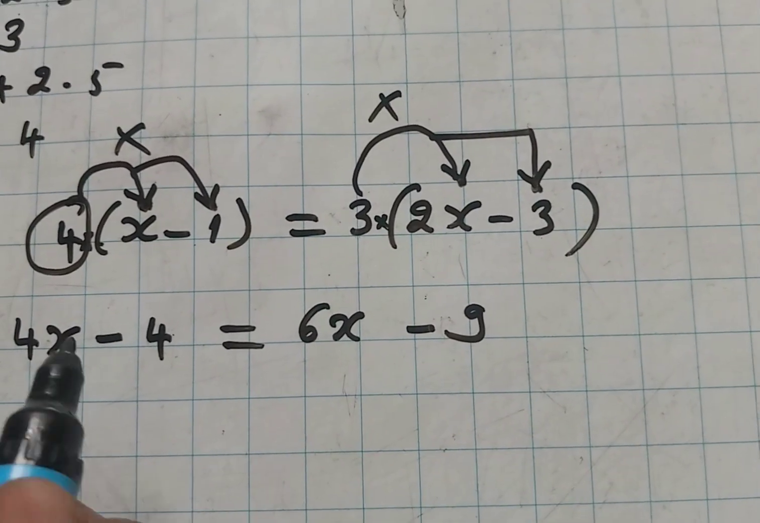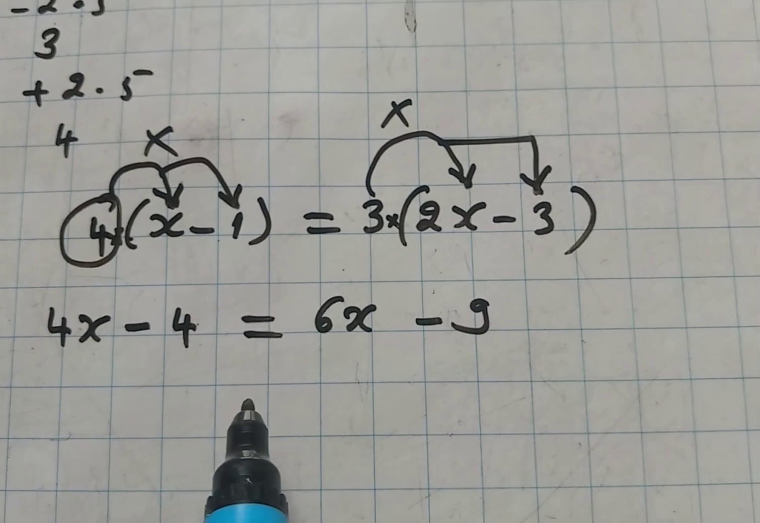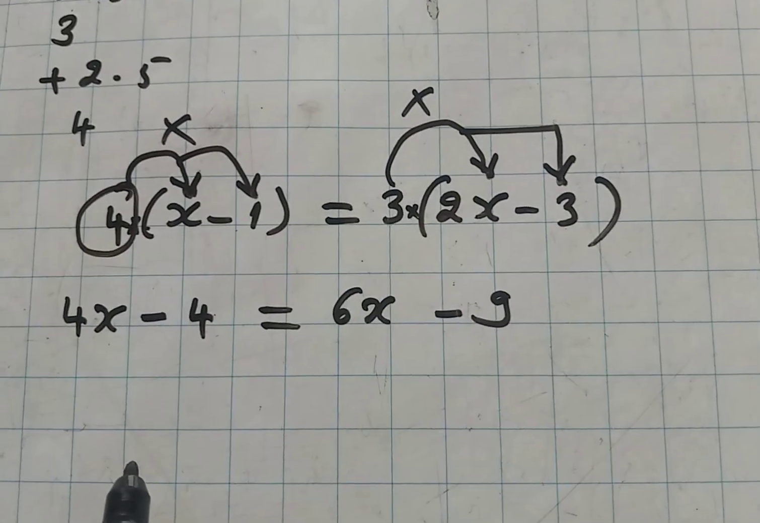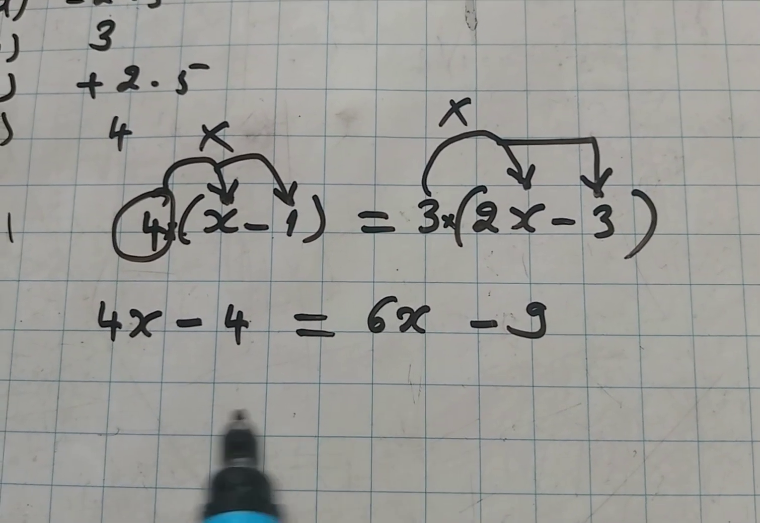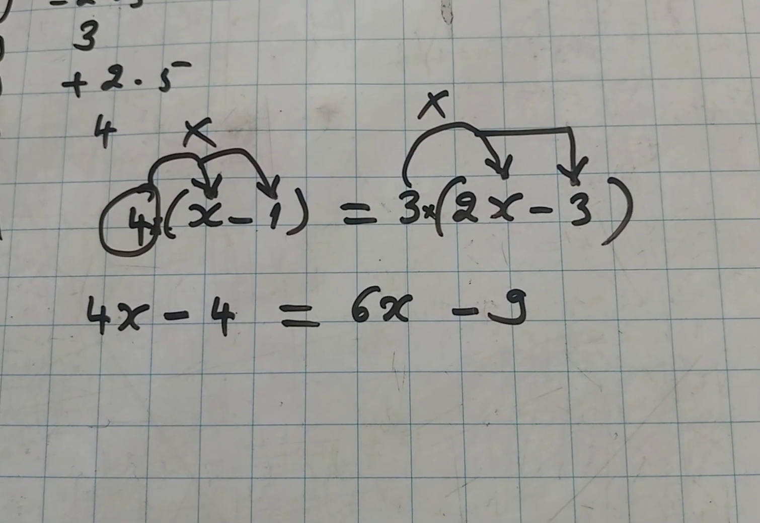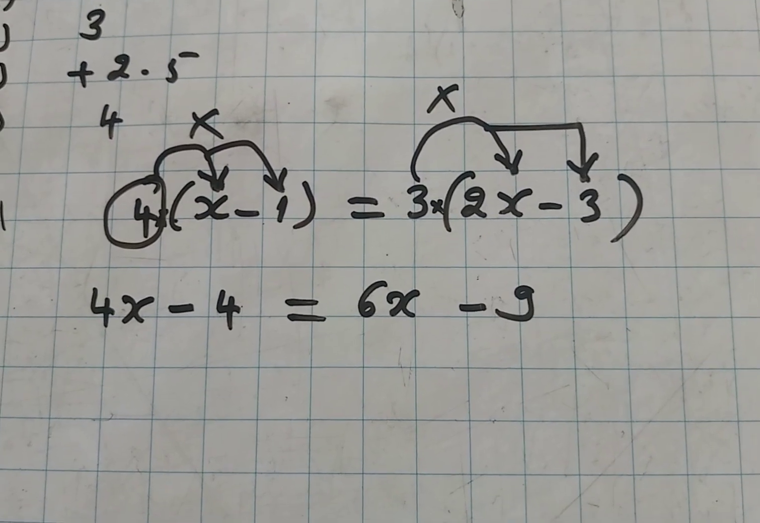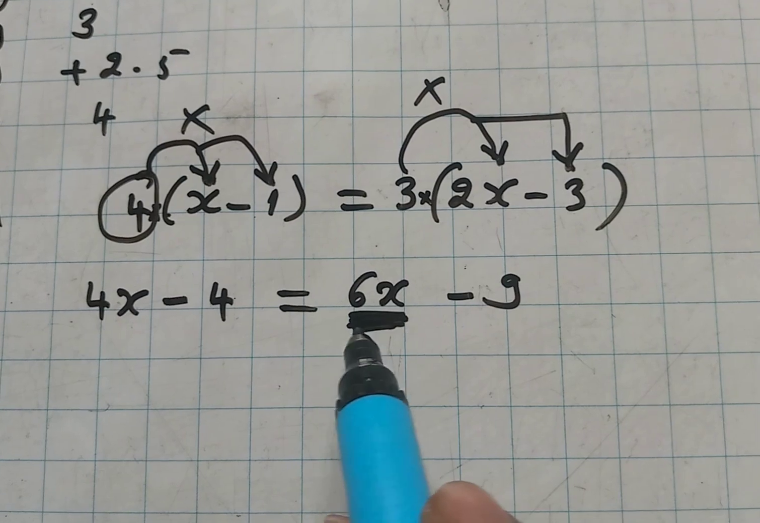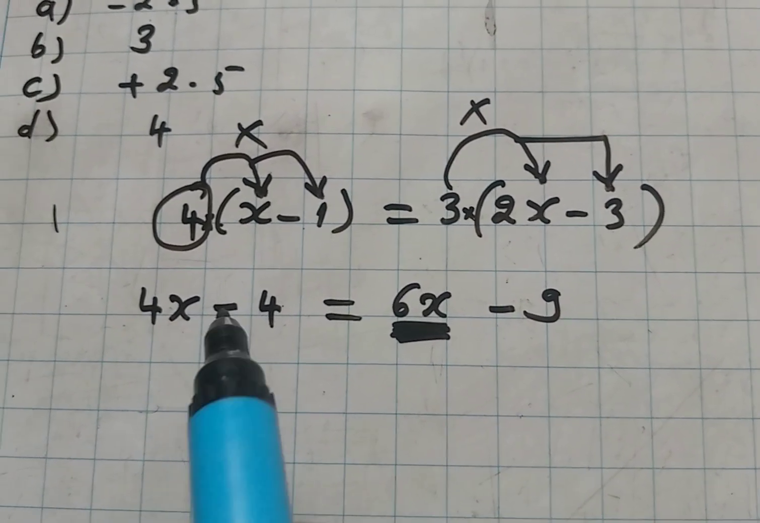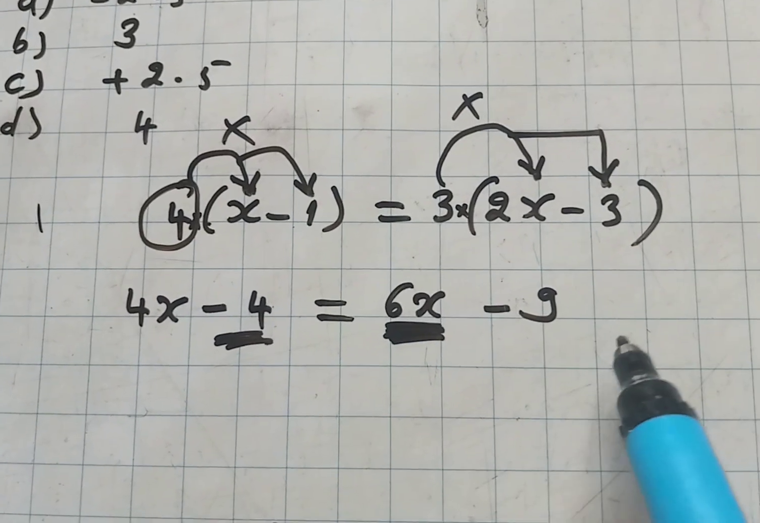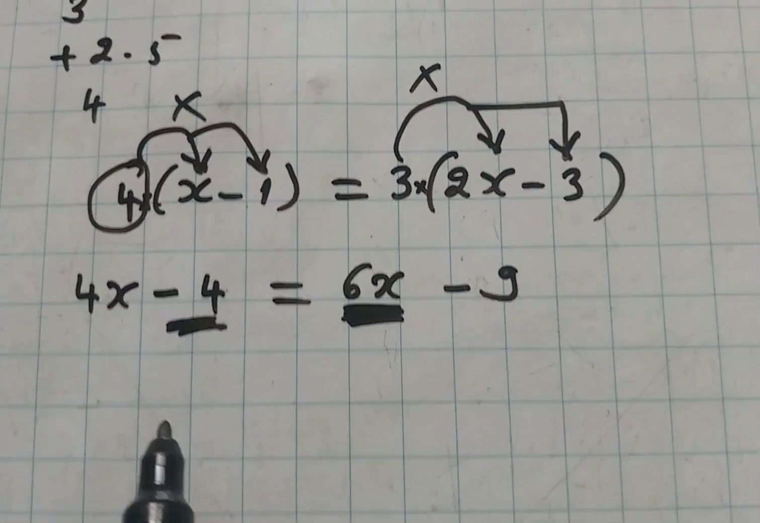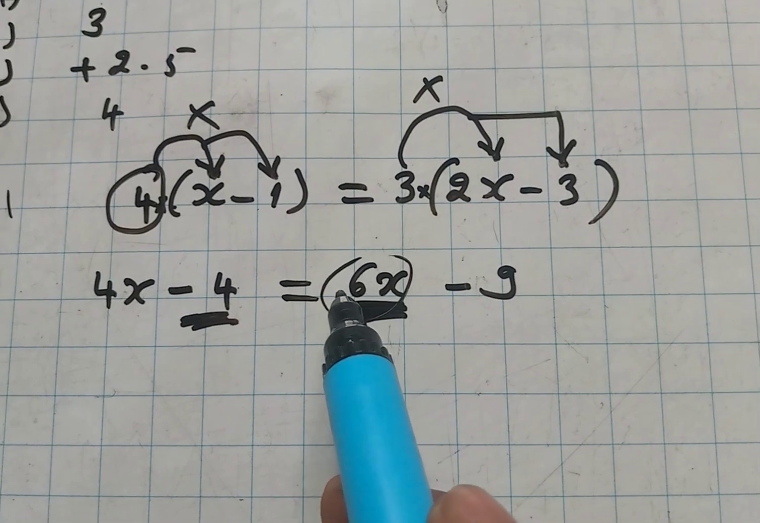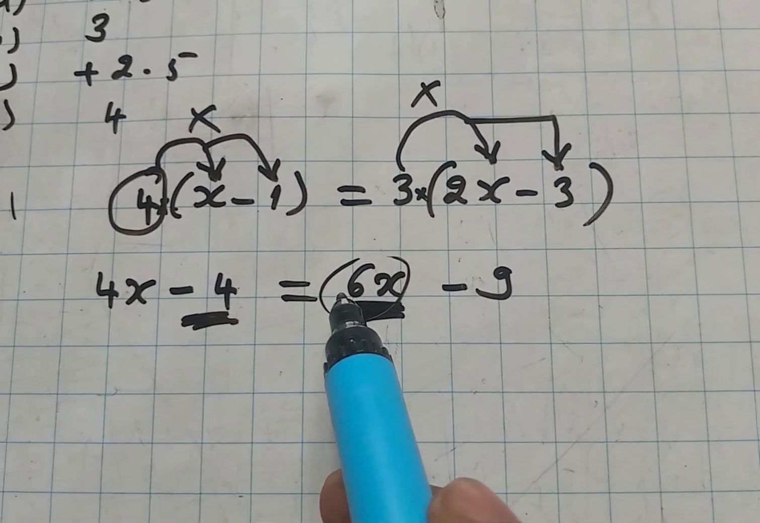At this stage we are going to collect like terms. The numbers with variables on one side and the numbers without variables on the other side. So we have to take this one to the other side and this one to the right side. You see, this 6x is positive. So we have